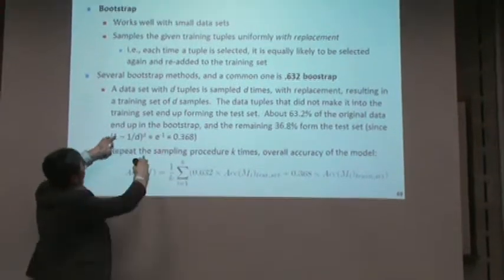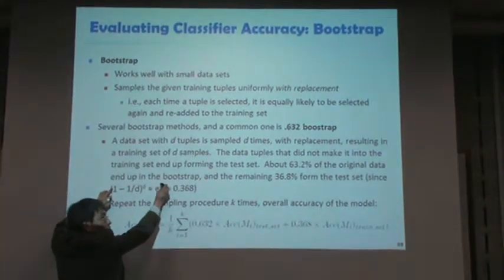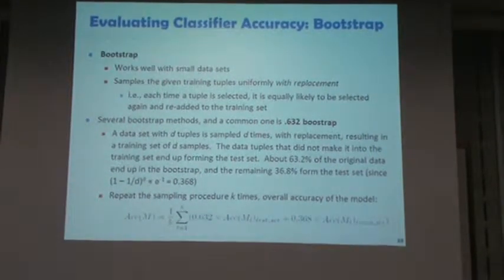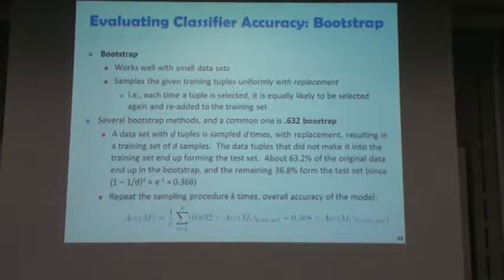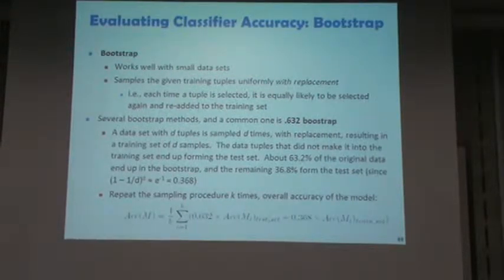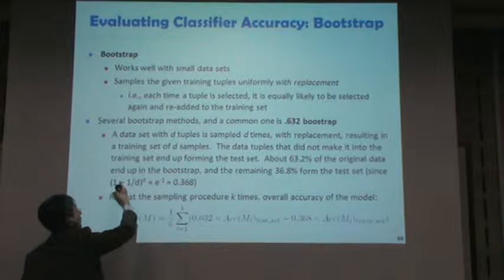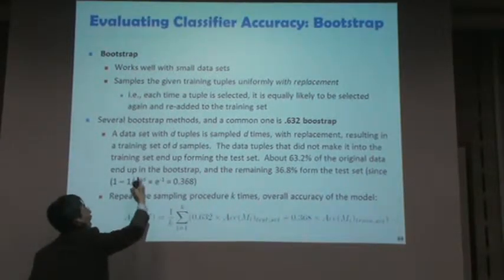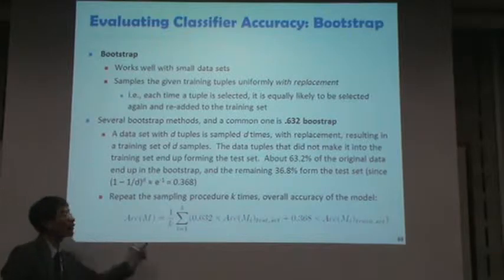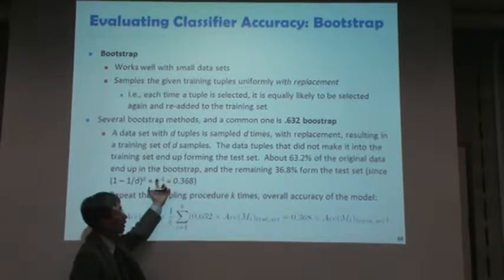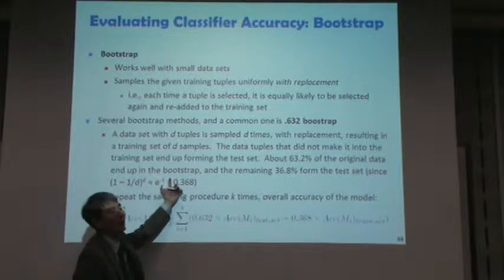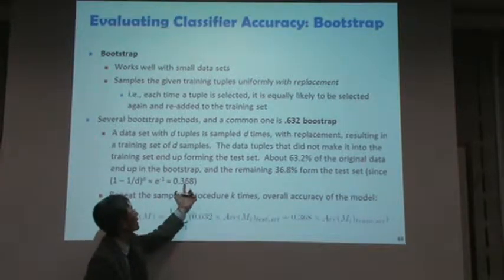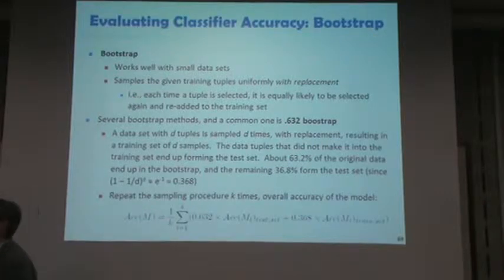The next time, we select one of the data and put it back to the data set. It's a replacement. Then pick up another one. So the probability of not being picked is 1 minus 1 over D, repeated D times. That will be close to the natural exponent e to the minus 1, which is actually 0.368. So the positive case will be 0.632. I didn't prove it; it's what the textbook said.